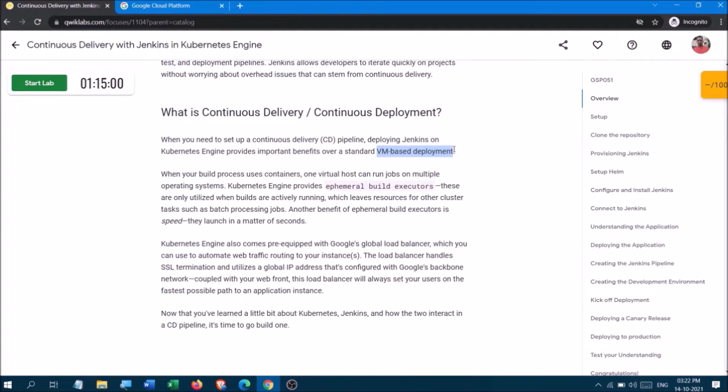Whenever the process uses a container, one host can run multiple operating systems, which is not done by normal VM-based deployment.